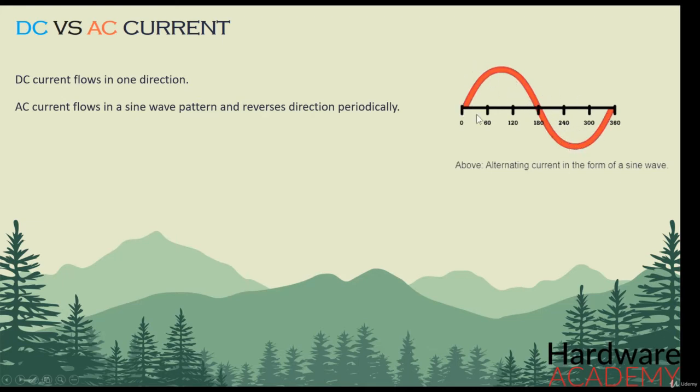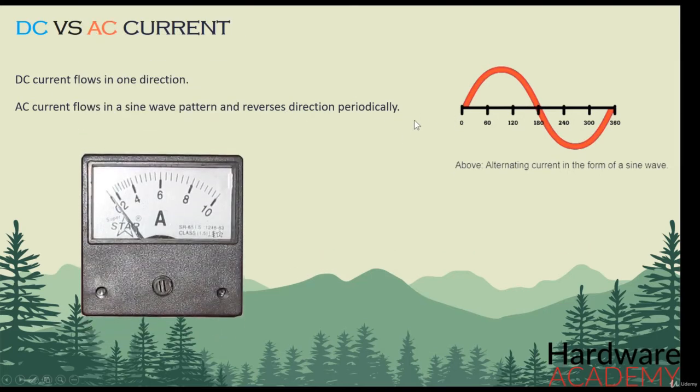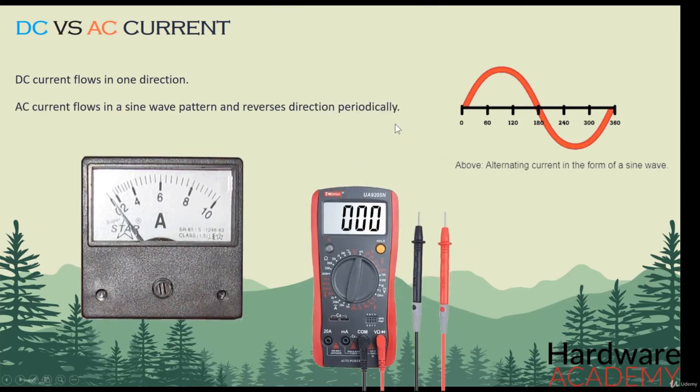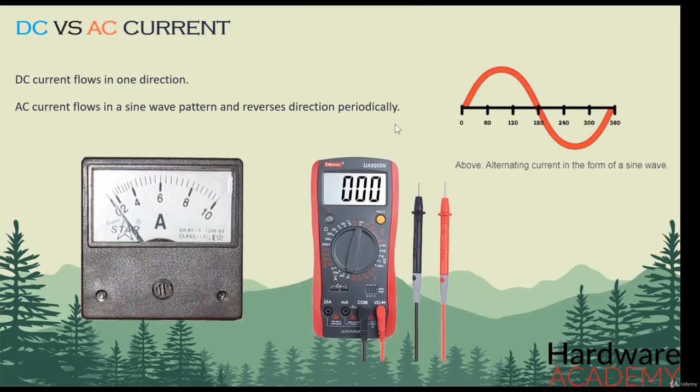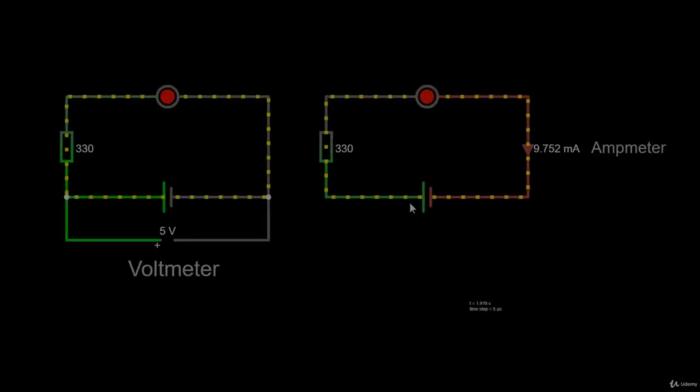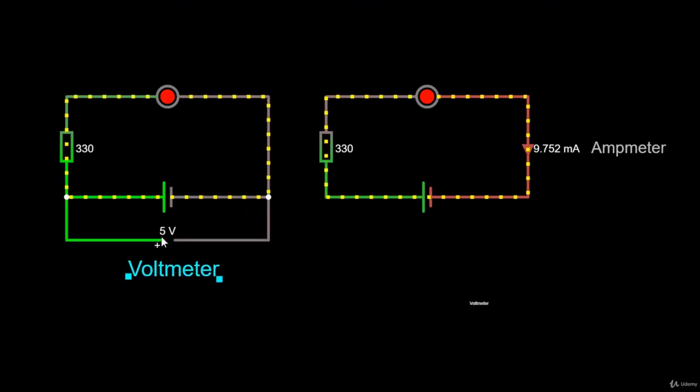You might be curious how to measure current. Well, measuring current can be done using an ammeter, but there is a special device called a multimeter which can measure voltage, current, and many more. So we already know that when we want to measure the voltage across a device, like we did when we measured the voltage of the battery, you have to hook the two legs of the voltmeter in parallel with the